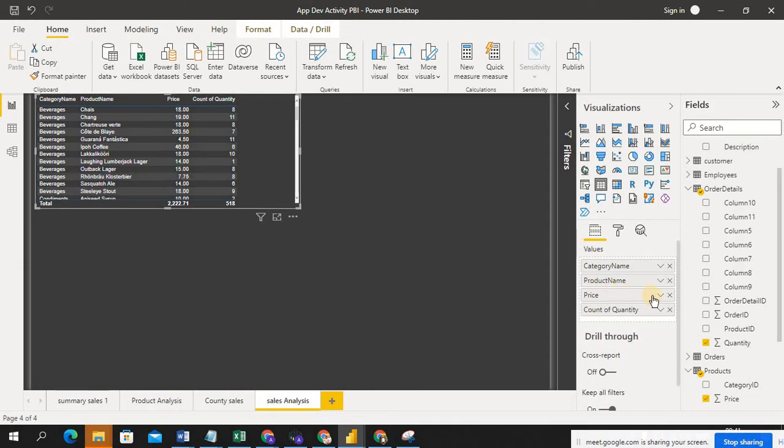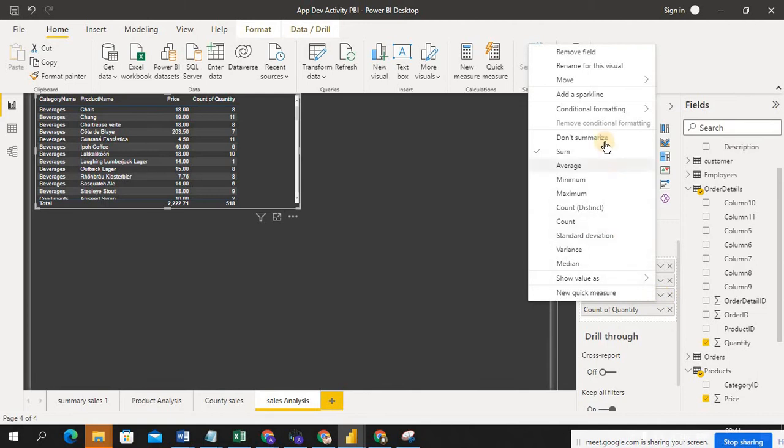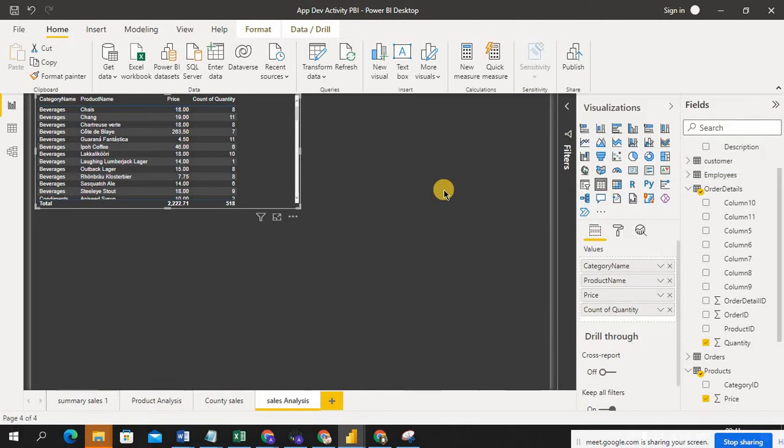Go to price, just click. The conditional formatting option, guys. Again I'm explaining, these are real-time scenarios. You want to apply colors on these values based on a condition: if it is less than 18 rupees, one color; if it is greater than 40 rupees, another color. That is my requirement.